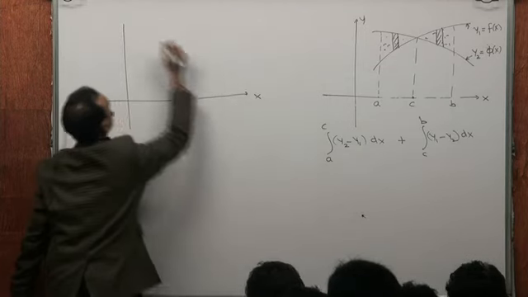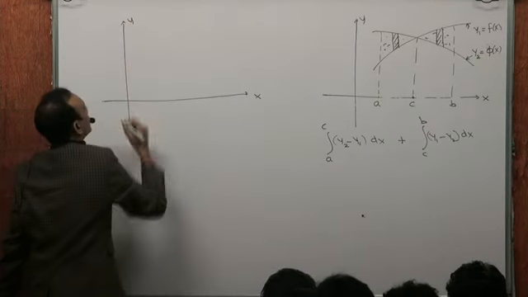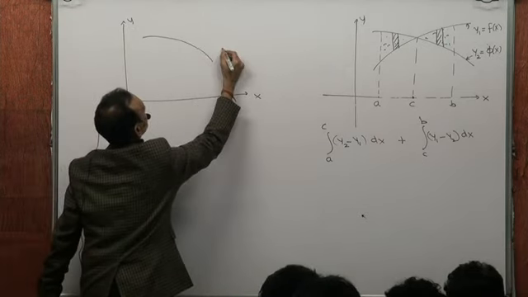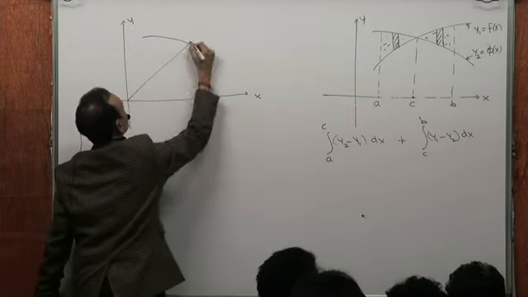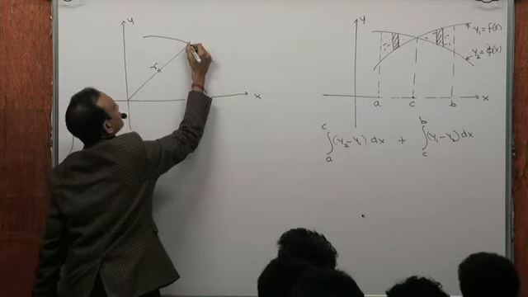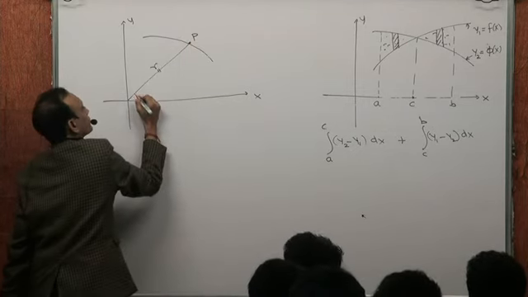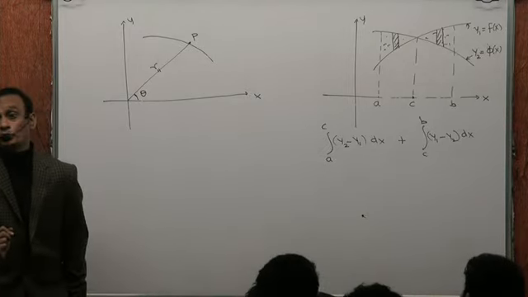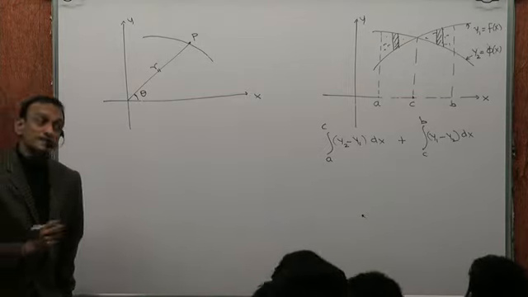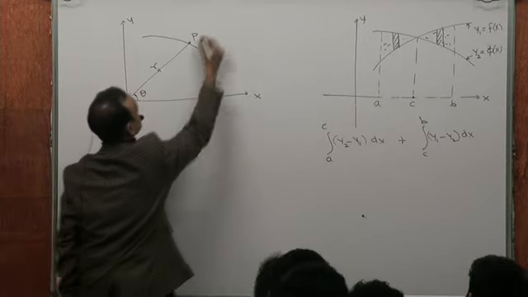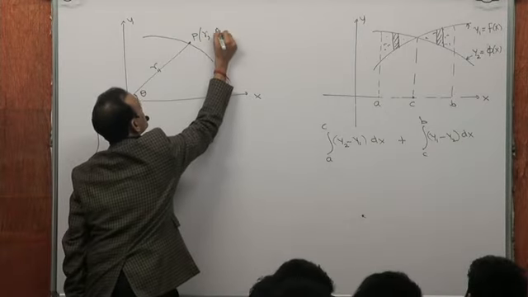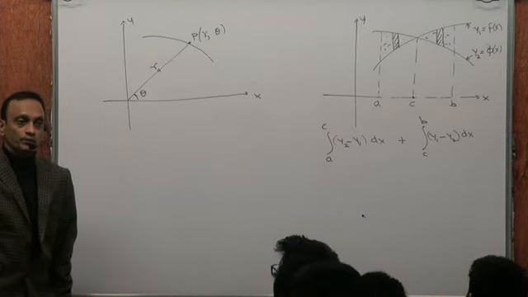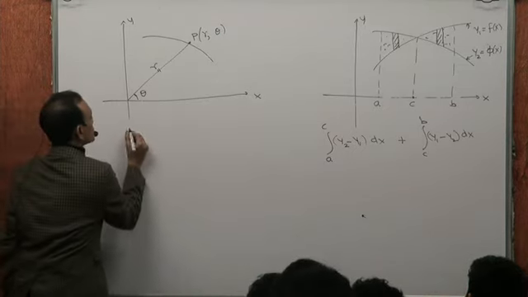Say in the xy plane, this is a curve. The r of any point on the curve makes some angle theta. So this point P has polar coordinates. What are its polar coordinates? R comma theta are the polar coordinates of this point. Right? Now what I want to do is for this curve,